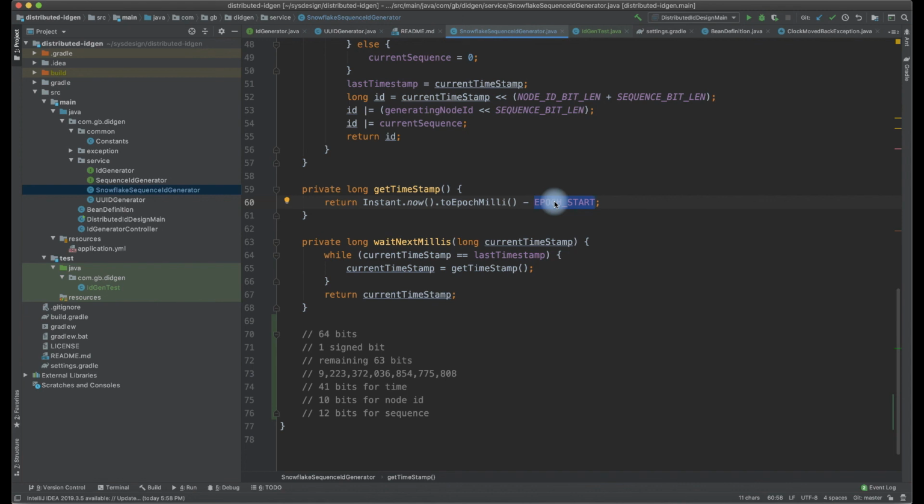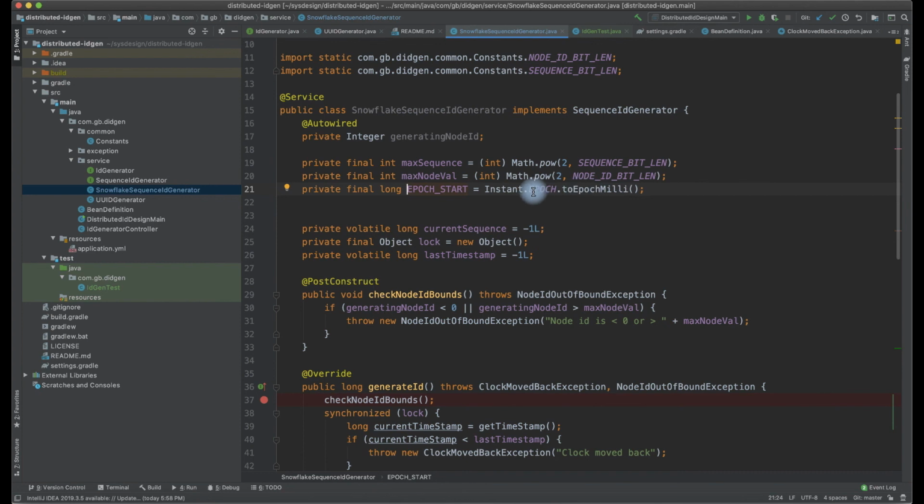It would start serving some IDs which can be duplicates, because the clock moved back and it might result in the same ID it generated before. What we have to do is get the current epoch millisecond minus the epoch start, which is the time when the system started. Whenever the system started, I am assigning this value.